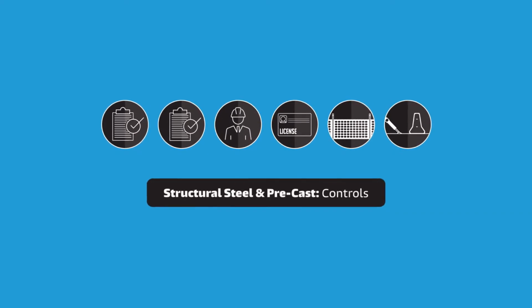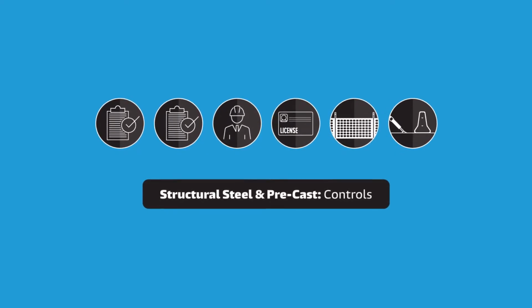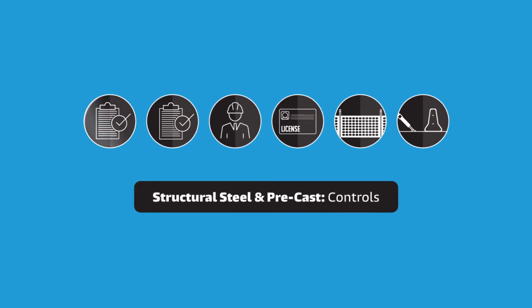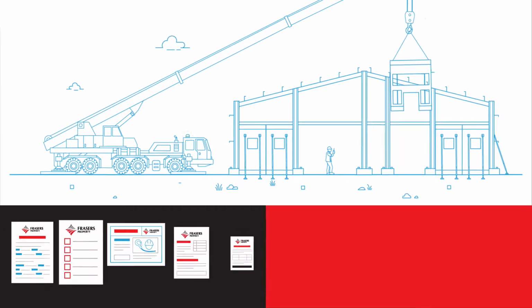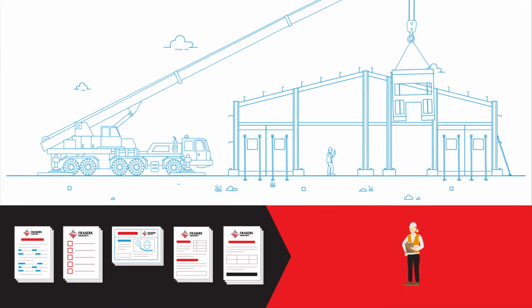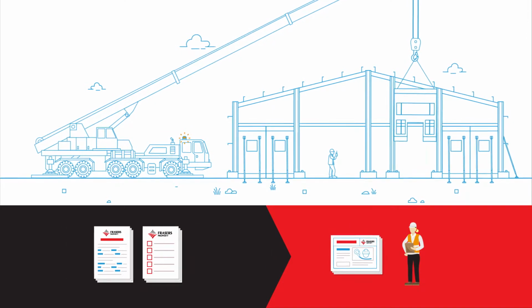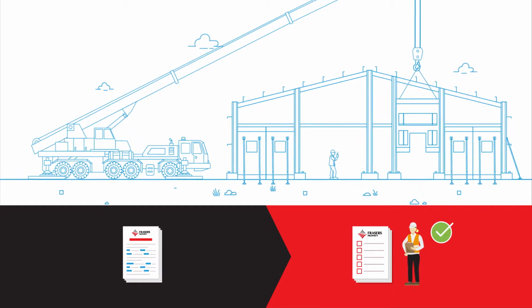Removing structural steel and precasts from our building process isn't a practical solution. The best way to prevent injury and minimise risk is to implement the following controls. Frasers Property Australia have developed comprehensive documentation that must be followed and approved by an FPA representative during preparation and